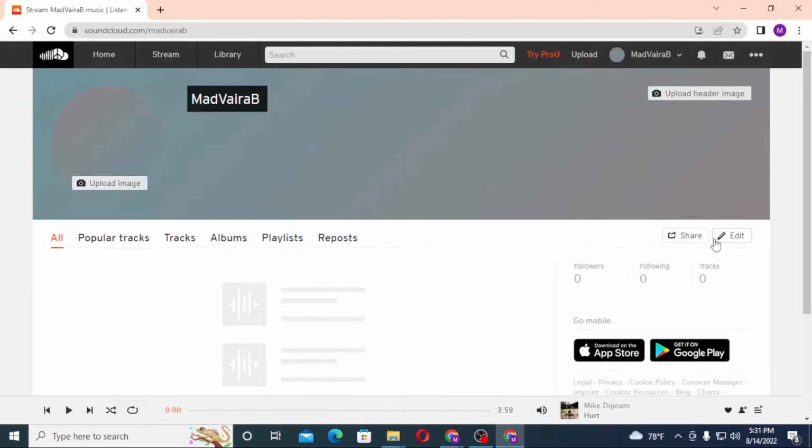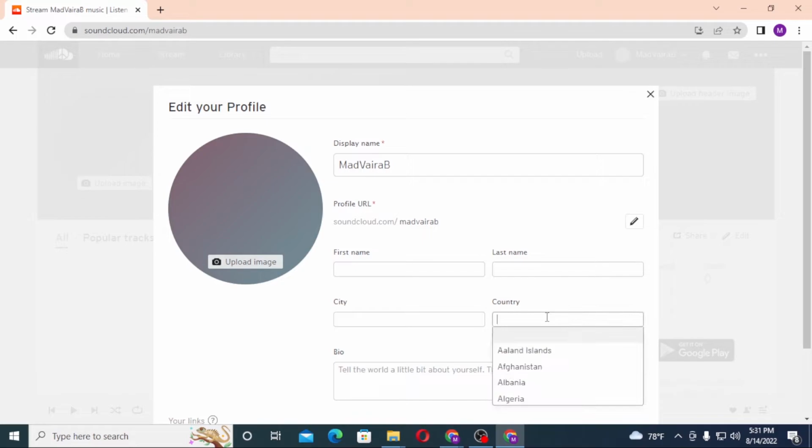And on the right side of the screen, you can see the edit button available over here, just beside the share button. Click on the edit button, and here is the country section over here. You will be required to enter your first name, last name, city. If you have not yet customized your account, or like me, now to change your country, you can just simply type in your country like this